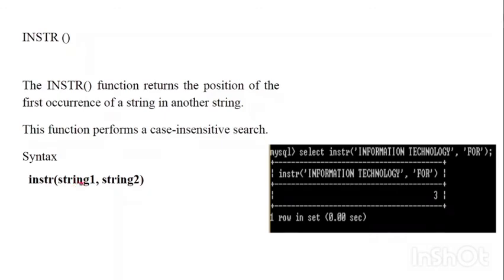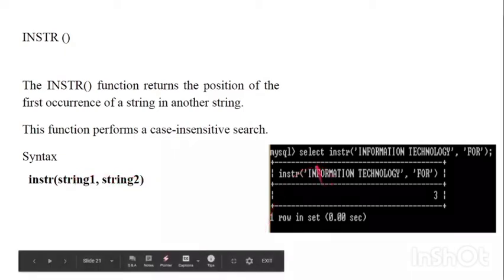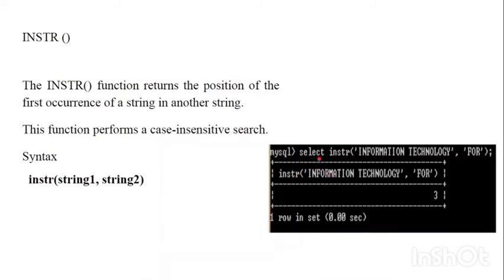This is the main string and this is the second string whose position is to be found out in the first string. So this statement is select INSTR information technology. In that the second string is 4.